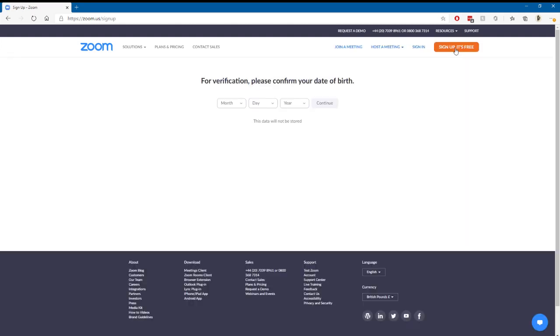We click on that, and the first thing it asks is for you to enter your date of birth. This is a security feature to check that you're an adult, because young people will of course never lie about their age. The data's not stored, but if you're worried, just enter an approximation. So I'll put the 1st of April 1980